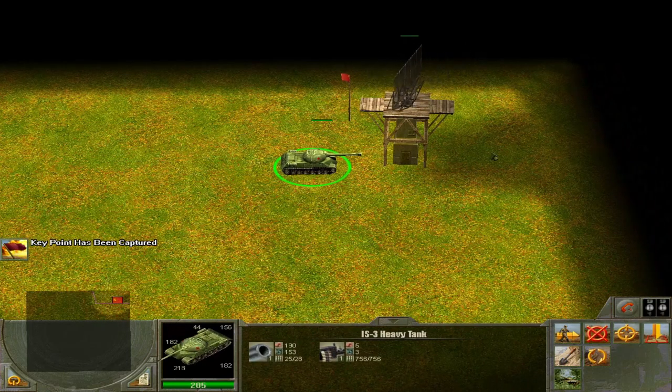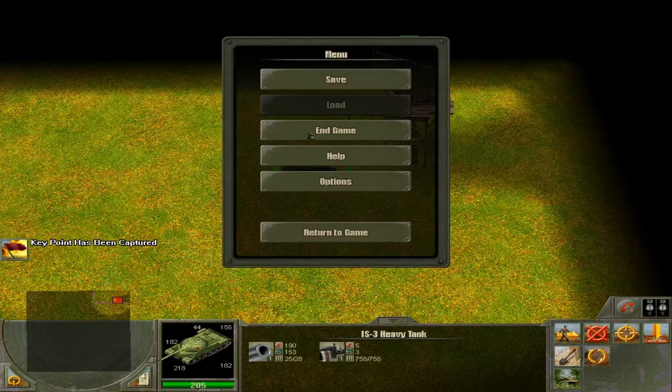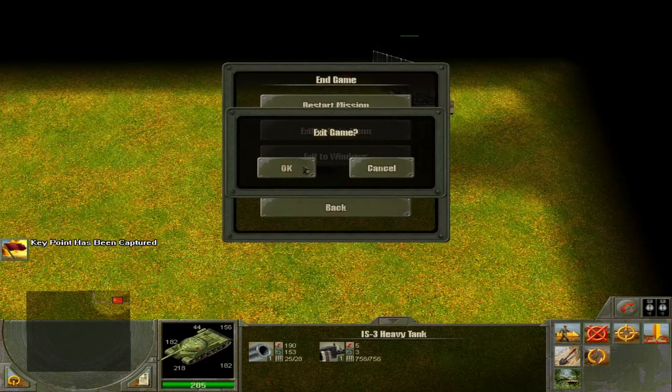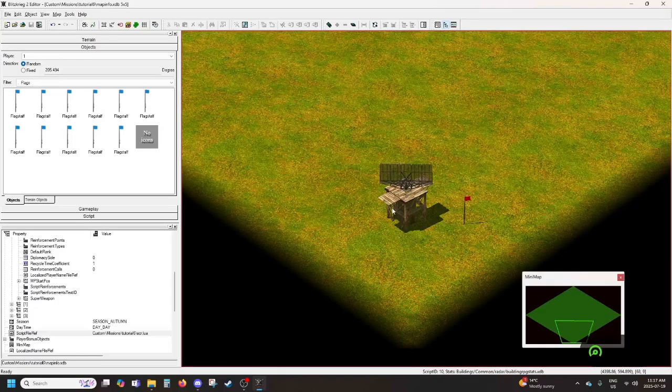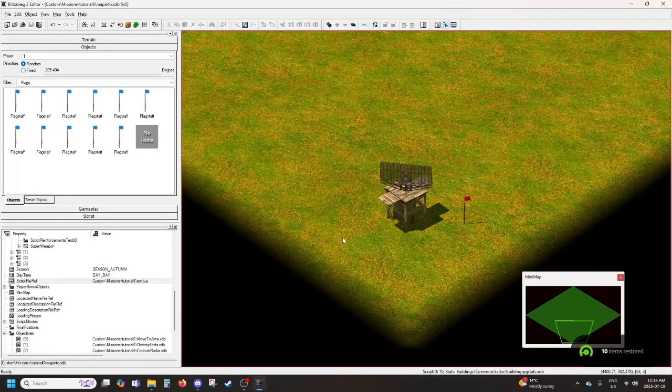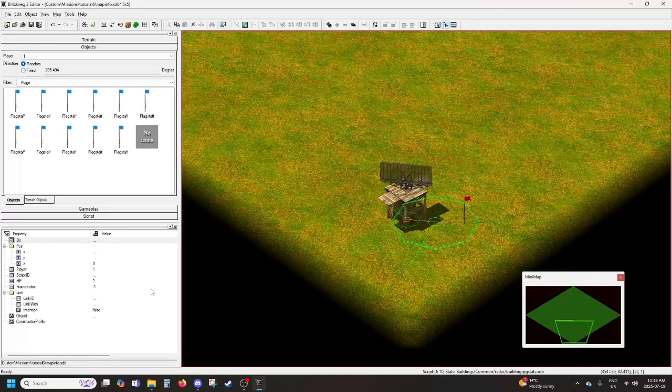But, okay, why is it not completing the objective? Well, that is because sometimes Blitzkrieg 2's scripting is a little wonky. So before we do a script check, let's make sure that everything is set up correctly. I'm going to go to the object's properties. Wrong one. So I'm going to unlink this real quick. We don't have a script ID set up for the flag,